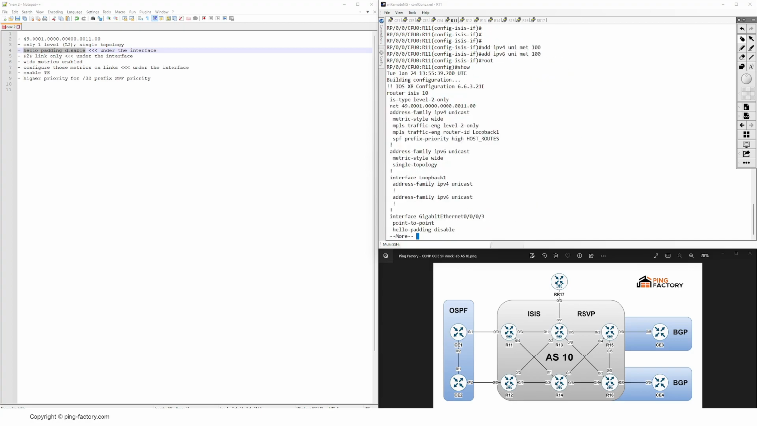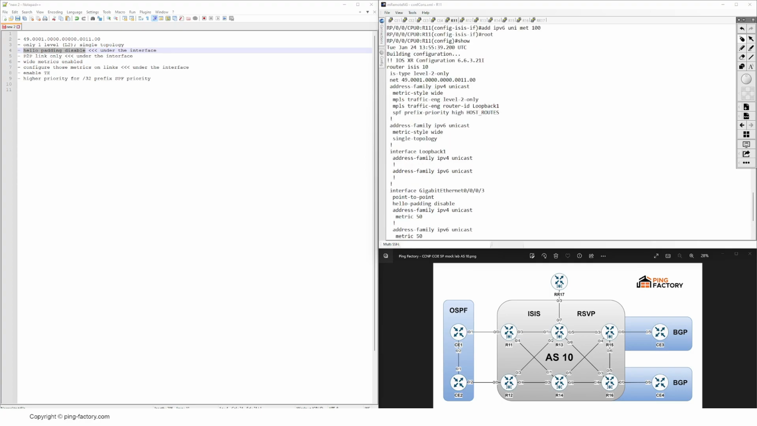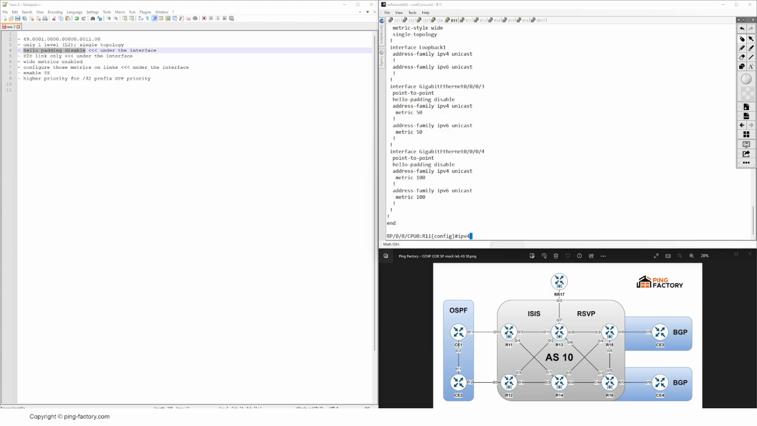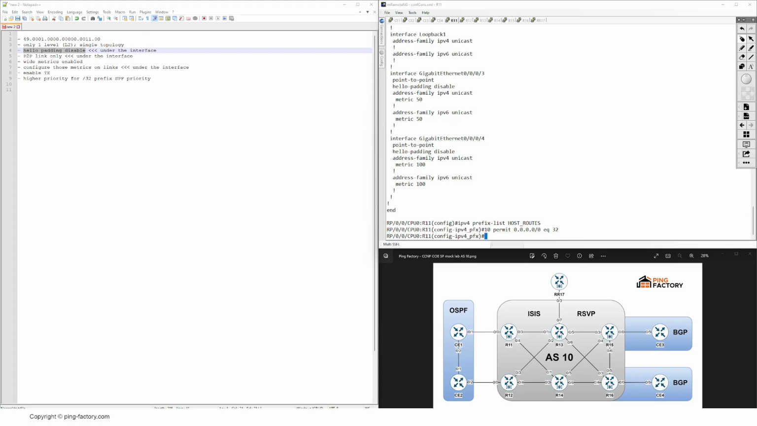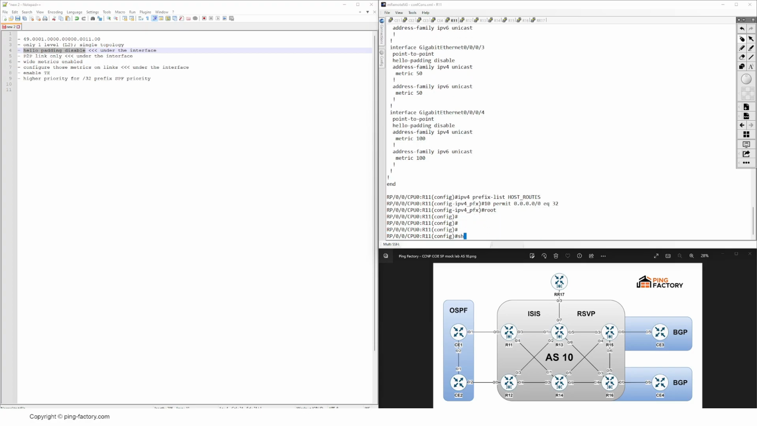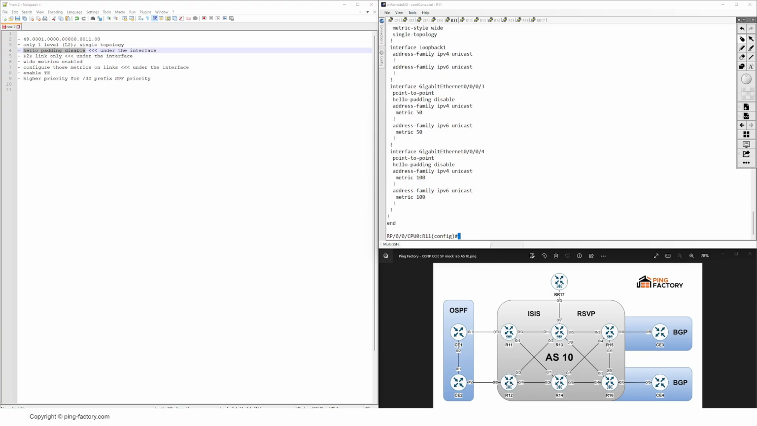And if we check the whole configuration, everything looks good. What I actually need to do is also configure this access list, which is actually a prefix list, and it's host routes, and we just want to match all prefixes with /32, and this matches everything, but it needs to be a /32. So again, this is all the configuration,